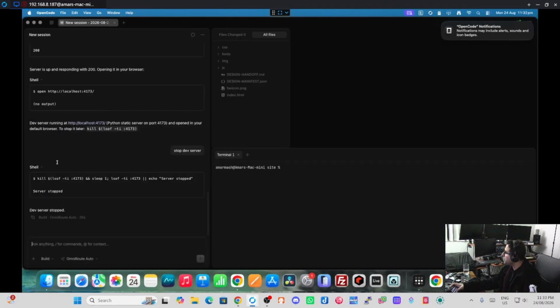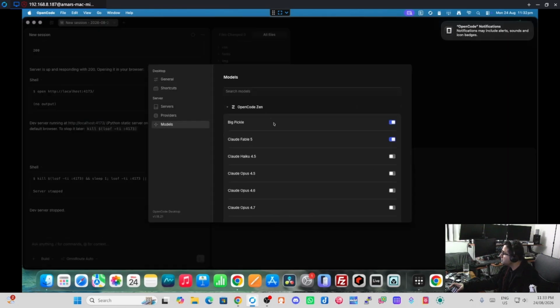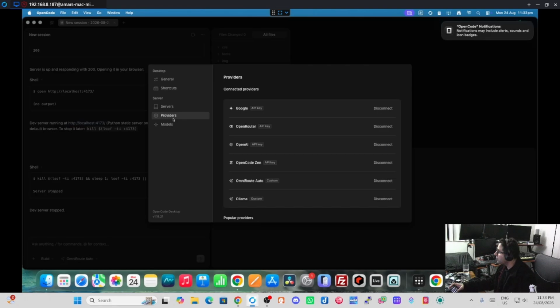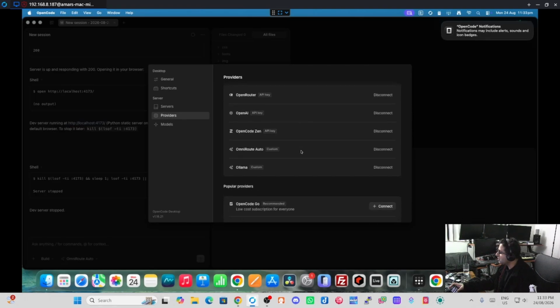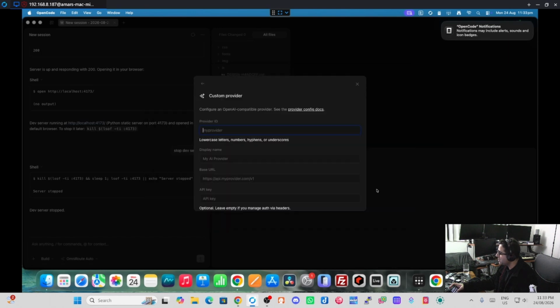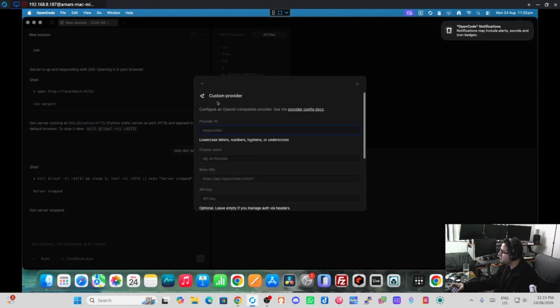Now, once you've set up your OmniRoute, you can go to your harness of choice. Over here, I'm using OpenCode for the moment, so I can go to my OpenCode settings. I can go to my models, go to providers, and what I've actually done is I've added a custom provider. So you can go ahead and say connect a custom provider, and here's where you add your provider details. Now here, for example, in OpenCode, you can give it a provider ID. So literally you can give it any name,